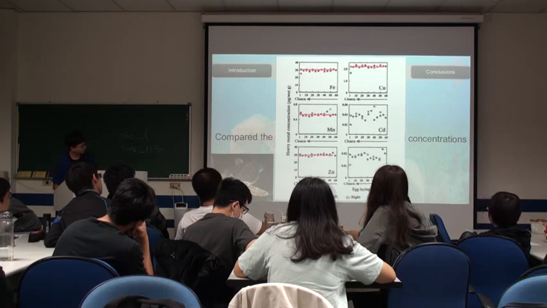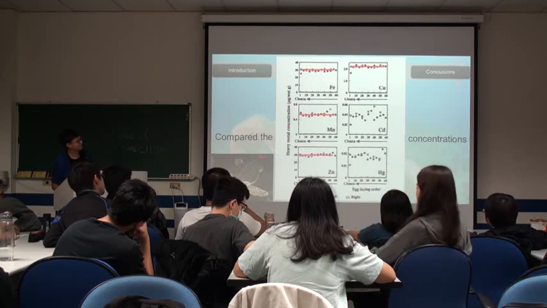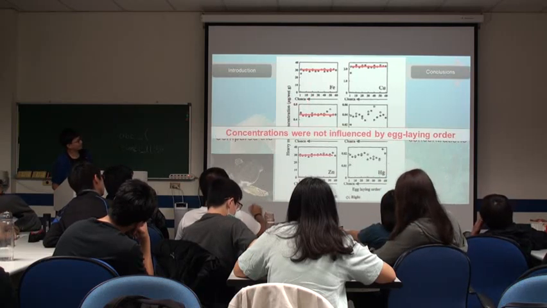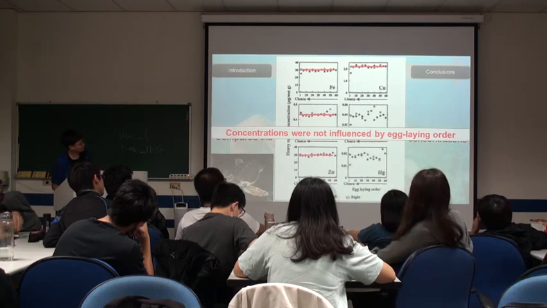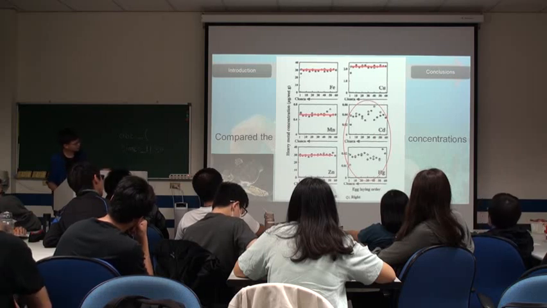And we can see that iron, manganese, zinc, and copper didn't fluctuate obviously. So we can say that concentration was not influenced by egg laying order,